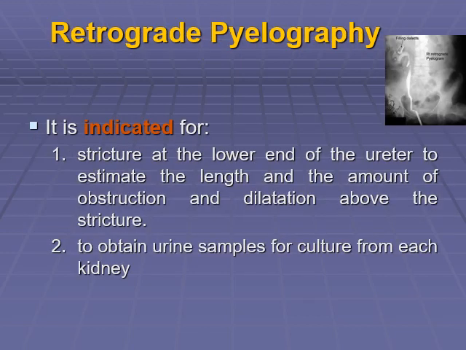In cases where the kidney is obstructed and I cannot assess the function of this kidney, I do what's called retrograde pyelography. Through the cystoscope or ureteroscope, I can pass a ureteric catheter to the kidney. From this catheter, I can take a urine sample and do culture and sensitivity, and I can collect creatinine clearance from this kidney to see its actual function and decide what I will do with such renal units.